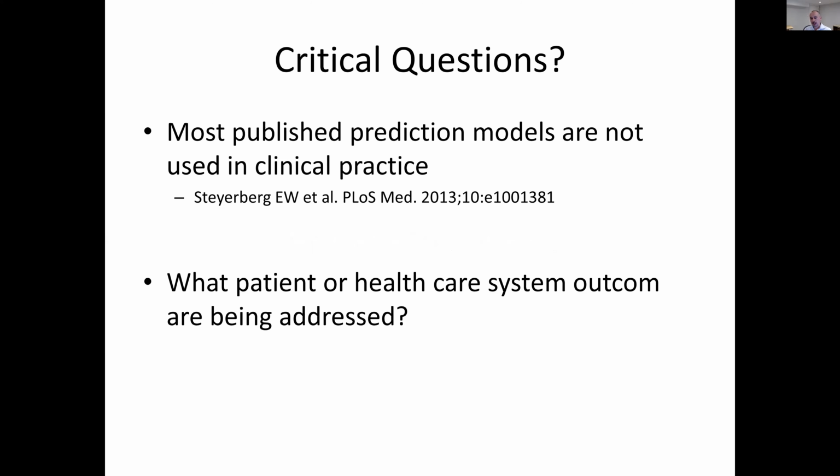If we want to reap the benefits of AI, there's some critical questions we need to ask up front. When we review the literature, the vast majority of published clinical prediction models, including the more modern ones such as convolutional neural networks and machine learning, most of them never see the light of day in clinical practice. Part of this is because these models really don't influence the clinical decision-making process in any way. In essence, they don't help healthcare providers, they don't improve patient outcomes, they don't optimize anything from the perspective of